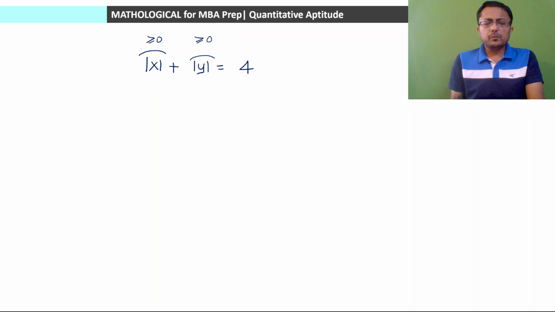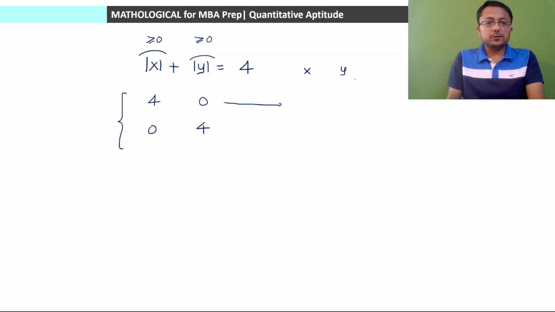Now one solution could be when mod of x is equal to 4 and mod of y is equal to 0. Second one could be when mod of x is equal to 0, mod of y is equal to 4, and so on. If mod of x is equal to some value alpha, mod of y will be 4 minus alpha. Isn't it so? But we can find out the solutions from these two. So if mod of y is equal to 0, y will be equal to 0. In this case,